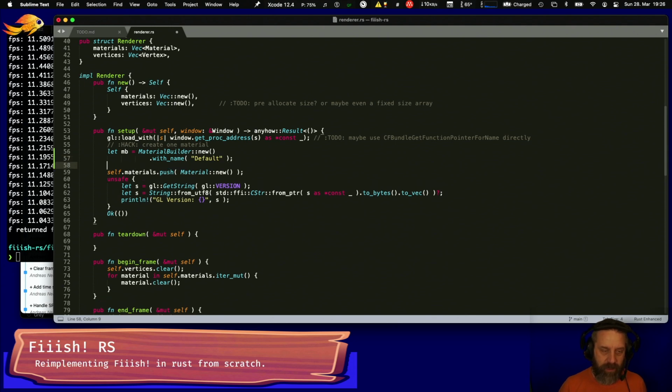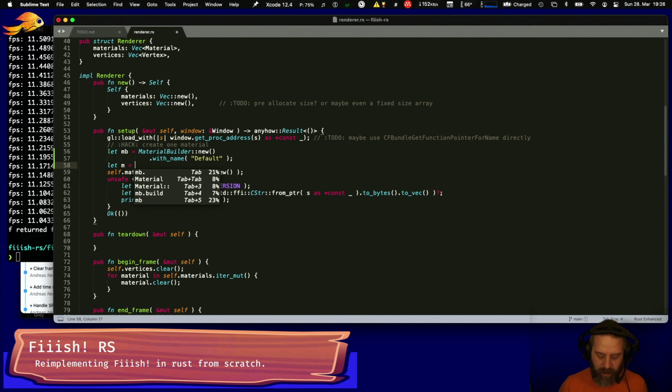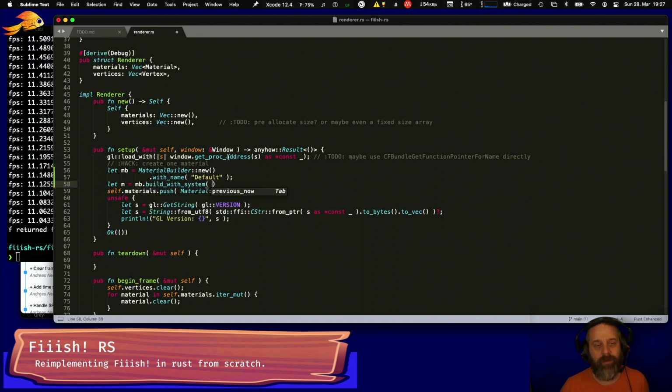And then we say let material equal MB build with system, and then this, oh, this is interesting, because we will need the